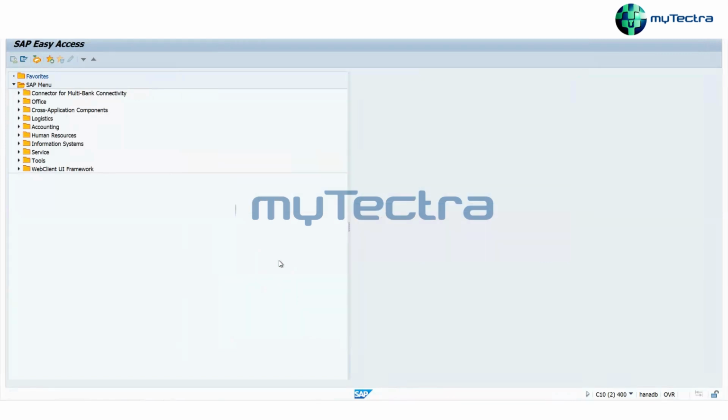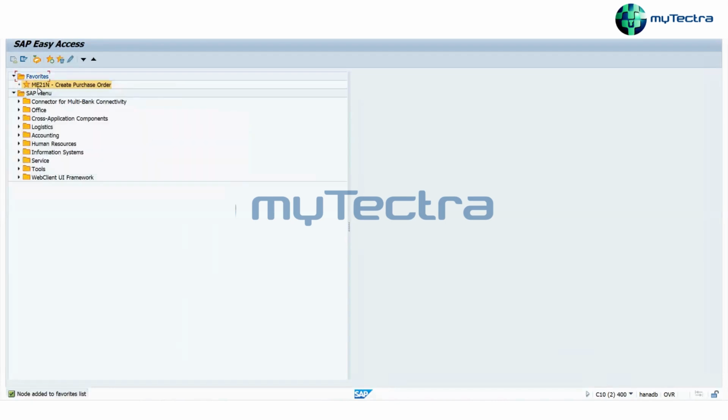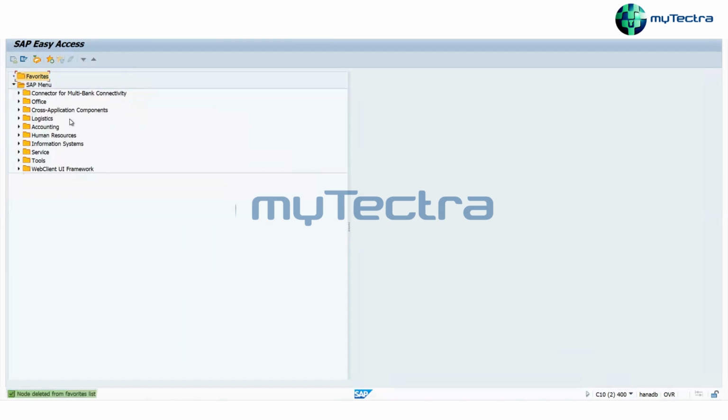Whatever transaction you want to save, you can save here in the favorites. If I add over here, insert a transaction, ME21, it will come here.